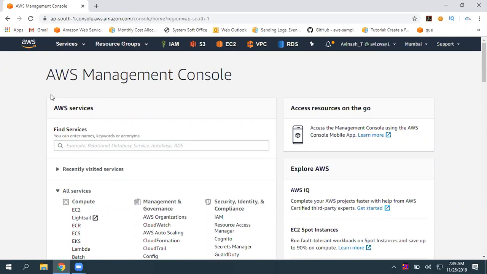Metadata means it's data about the data. Whenever you have a running EC2 instance and you want to get some information about it, we have a URL. Whether it is a Windows or Linux operating system, you can use that URL and access all information about that EC2 instance.